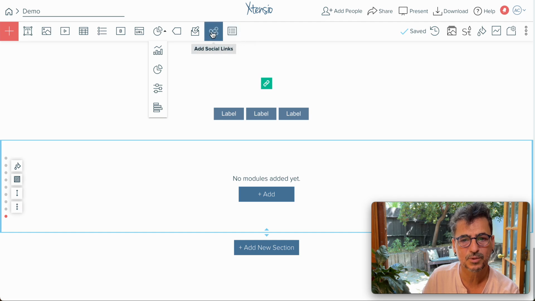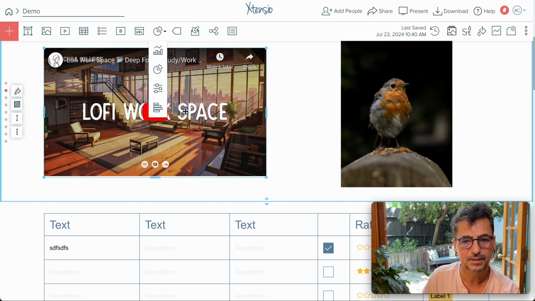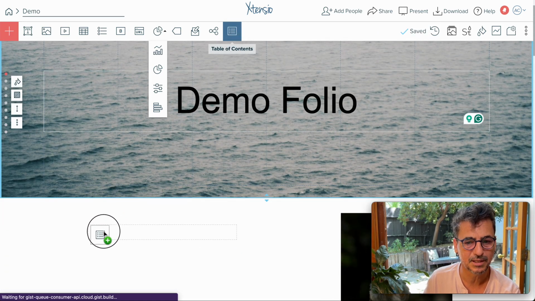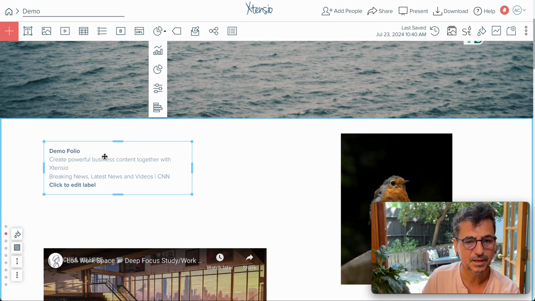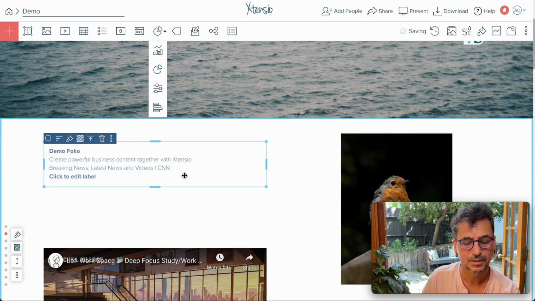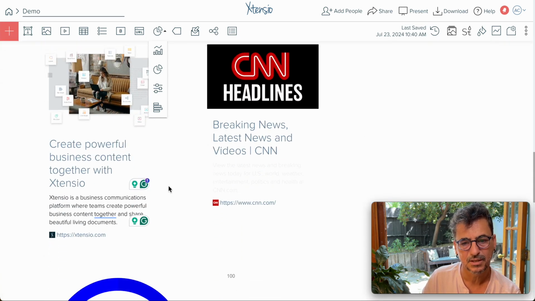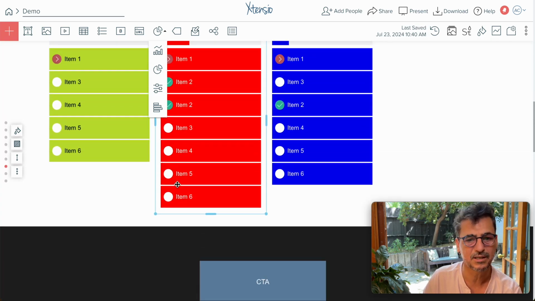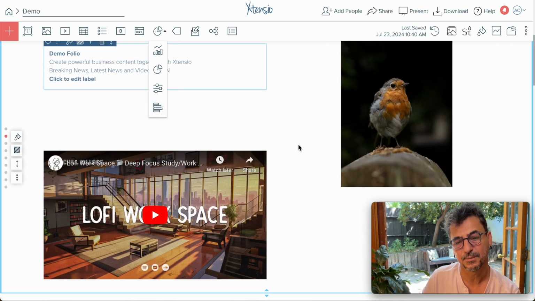And let's also put together, well, maybe we need this table of contents here. So I'm just going to move this here below, and I'm going to add a table of contents here. So this goes through all your H tags, and then as we build, we don't have a lot of copy in this folio, but as we build our copy using H tags, this helps you create an automated and always up-to-date